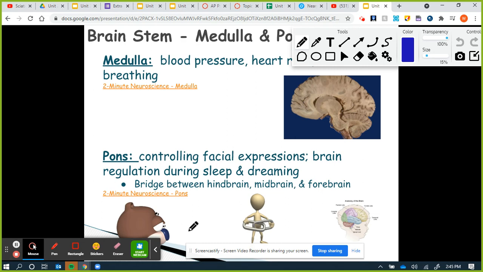The medulla is the pacemaker of the body. The medulla controls, through the parasympathetic, through the autonomic nervous system, heartbeat, breathing, sneezing, vomiting, any of it. It sends those signals out to the autonomic nervous system when it needs to. The medulla is essentially just there for survival. A lot of areas of the brain you can damage and still survive.